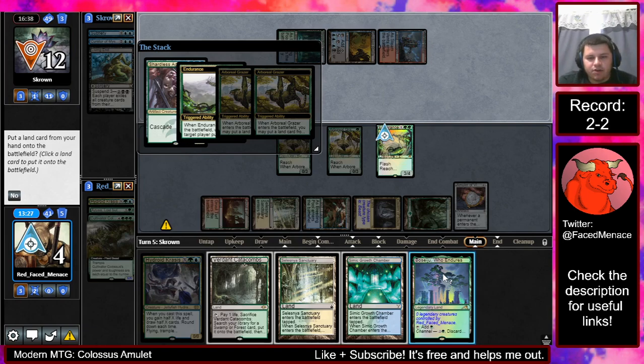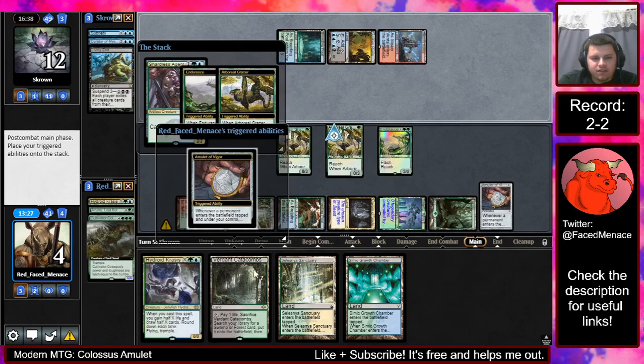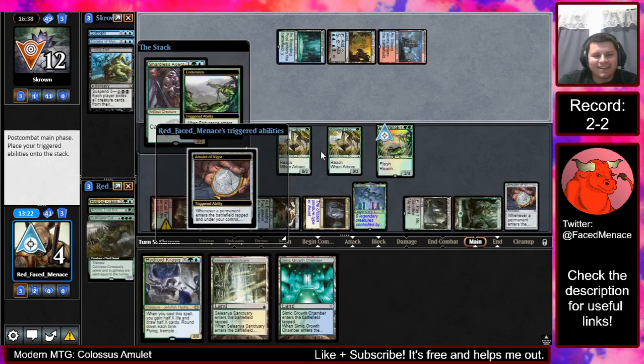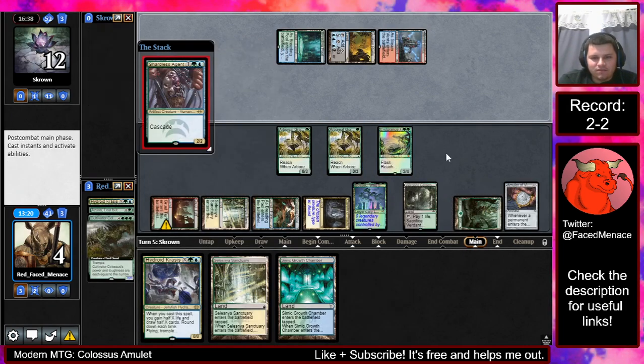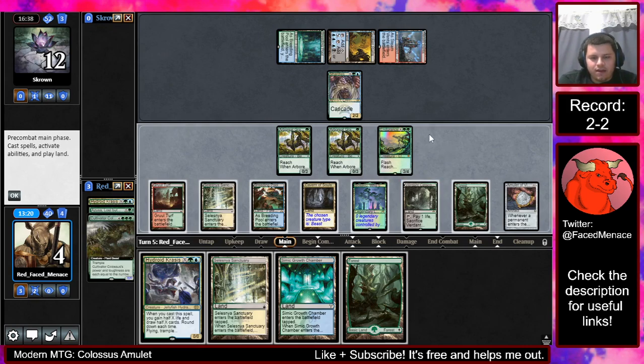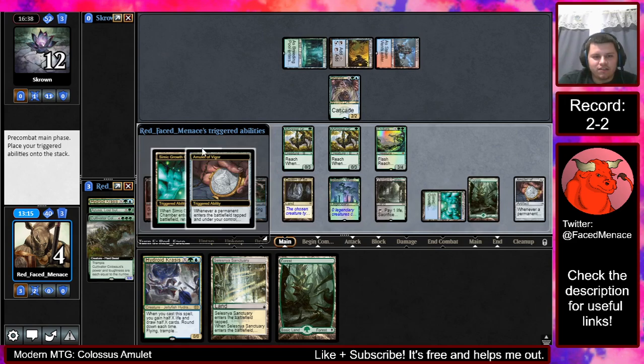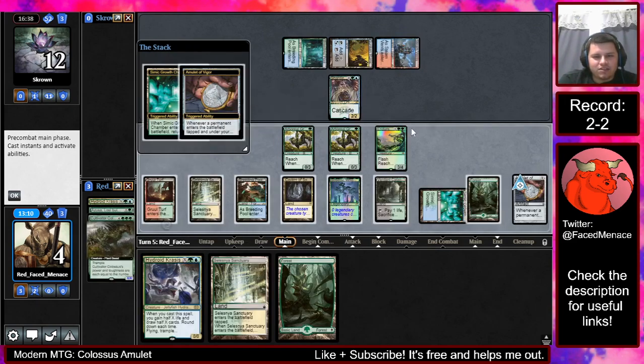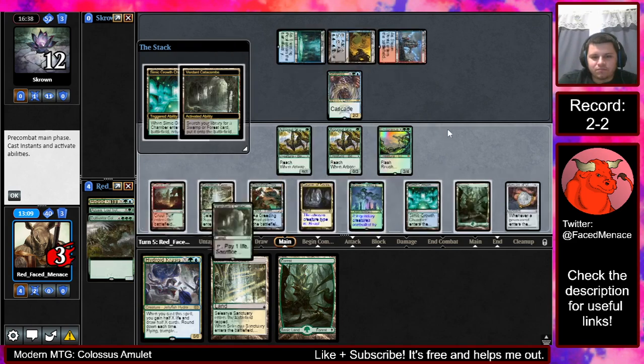And I guess we do want to put in our lands here, actually. What is happening? Okay. So we played Growth Chamber, played Giant Krasis. Seems good. Seems pretty good. And if they ever Living End, then they just get absolutely destroyed, so...